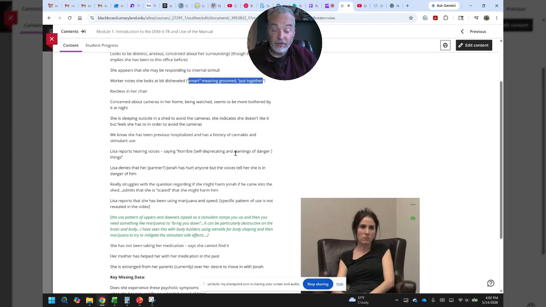The other thing is that she's scared, and I think in my notes here, she indicates that she's sleeping with a knife or some kind of weapon, not because she's intending to hurt somebody, but because she's scared.